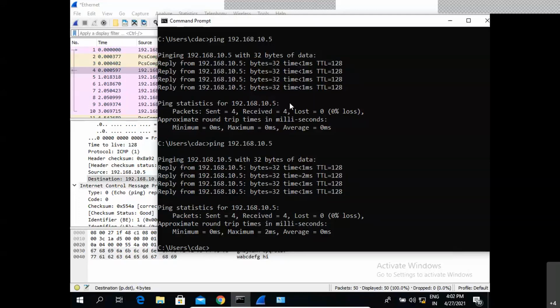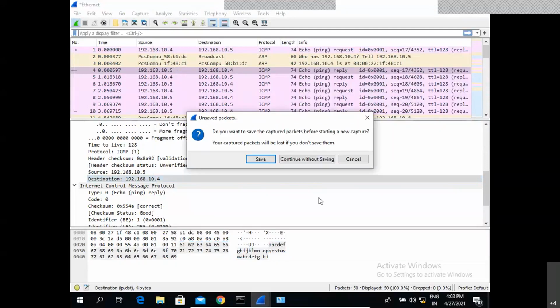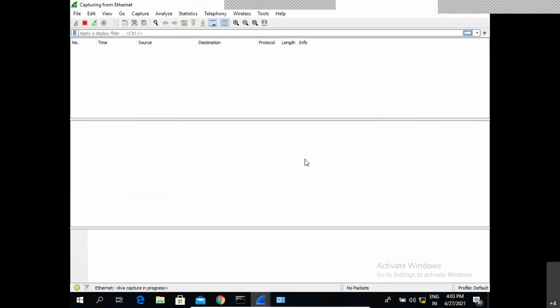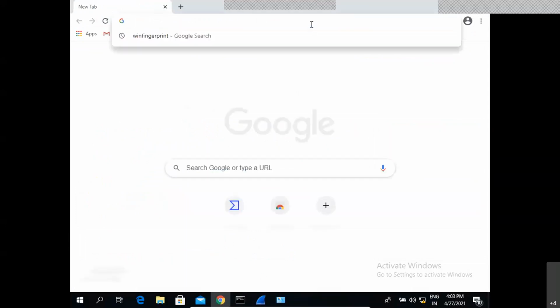Now what we'll do, again we'll run Wireshark. We'll try to see the TCP, the transport layer communication, as well as the application. Then we can quickly move on to the Nmap communication. So for this, again, I'm starting my Wireshark to start packet capturing. Now I will just open any one of the browsers. And my other machine, as I said, the target machine, is already running a web server.